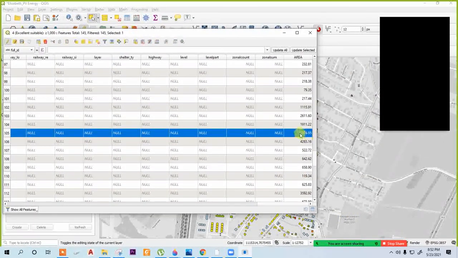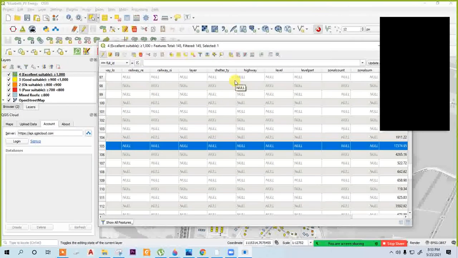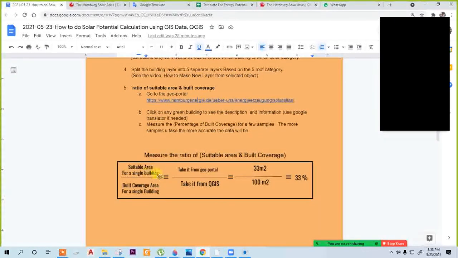So this is the area. If you want to know how to get the area of a shapefile from GIS data, just check this video. So now we have the suitable area for a single building, and the build coverage area for the single building. Then we divide it and we will get a percentage like this.